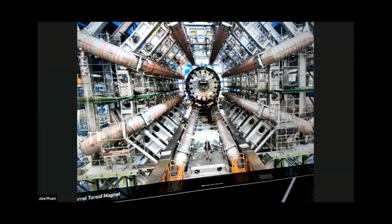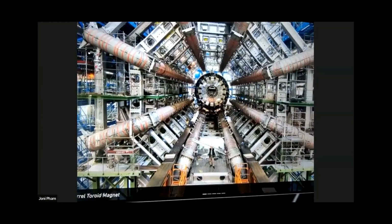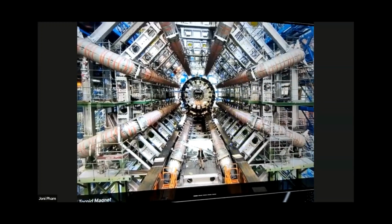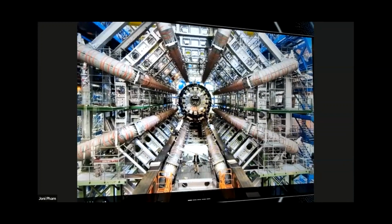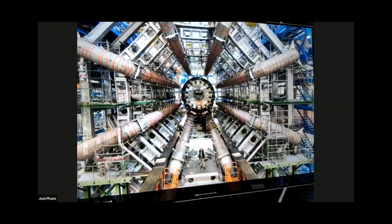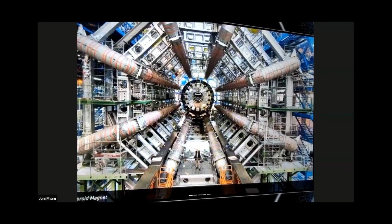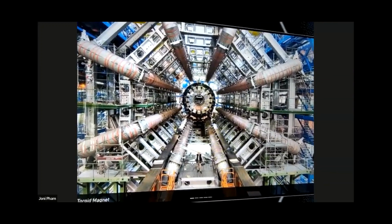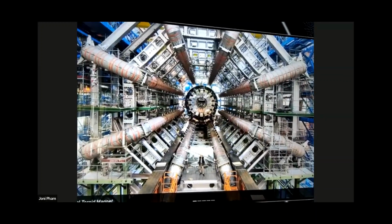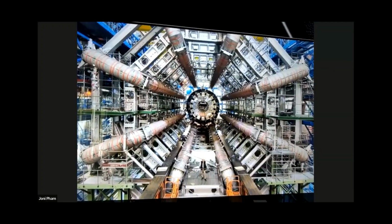And the magnetic field inside the ATLAS experiment, created by the magnet system, depends on the barrel, the solenoid or the toroidal magnets. But essentially it could be up to around 3.5 Tesla, which is about 10,000 times stronger than